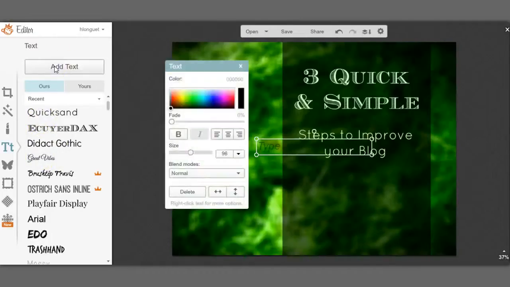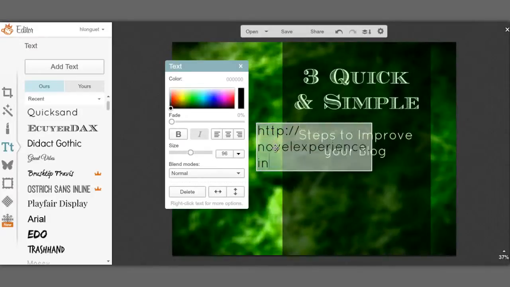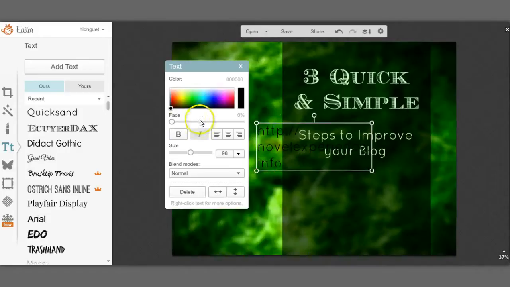This is something you must always remember to do, which is to put your website URL, so that if somebody pastes the picture somewhere, it's always linkable back to your website. So mine is http novelexperience.info. Now this is not a main piece of the imagery, so you don't want it huge like that, so